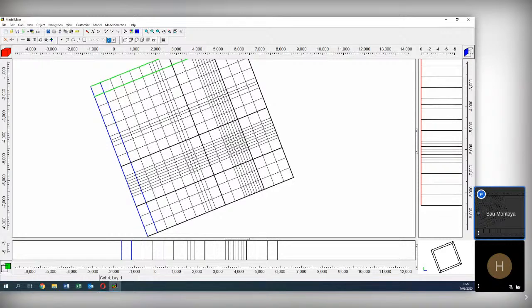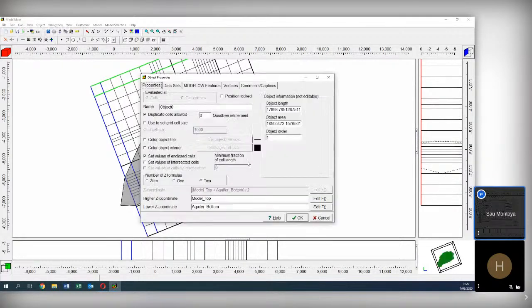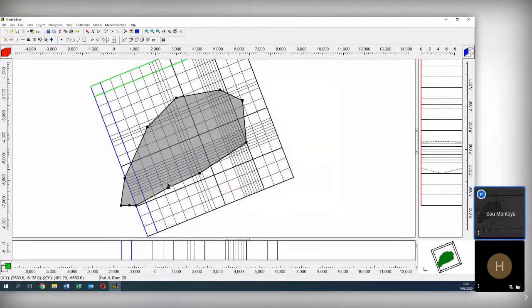Okay, for example, if you have a basin like this, this is your basin. You see this basin has an axis of symmetry, or it's oriented more in this direction and this direction.